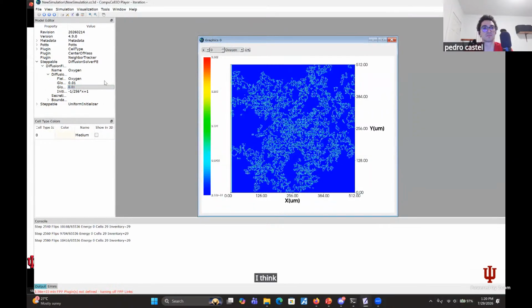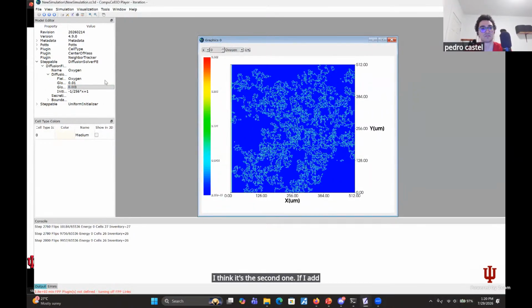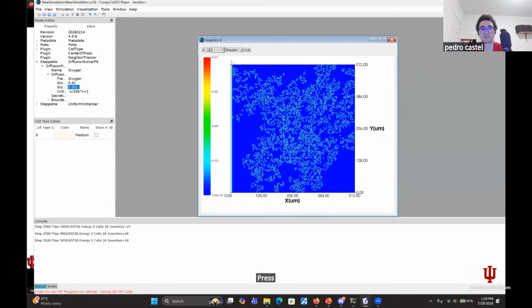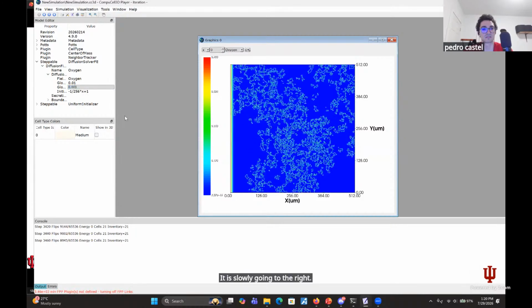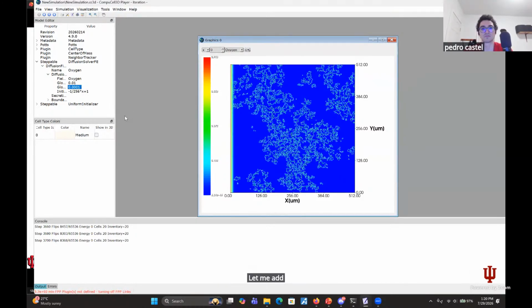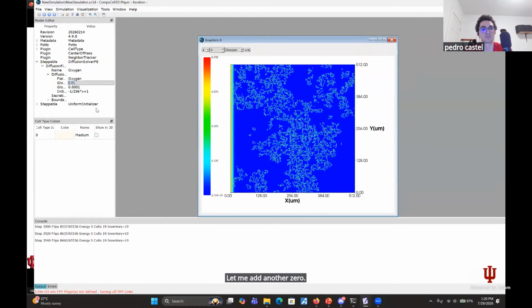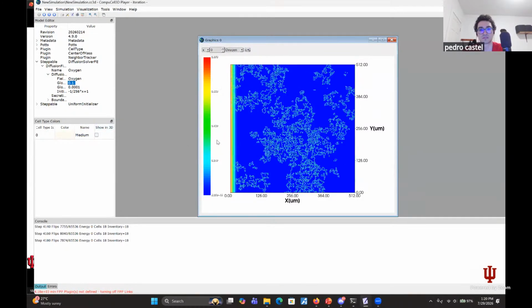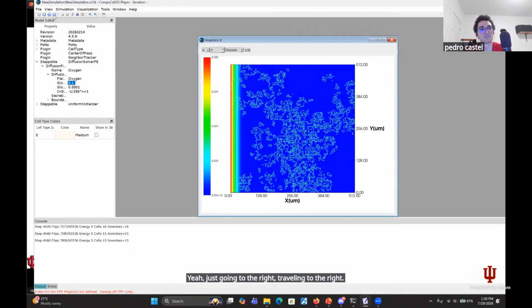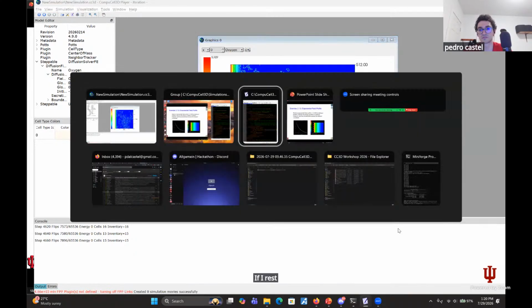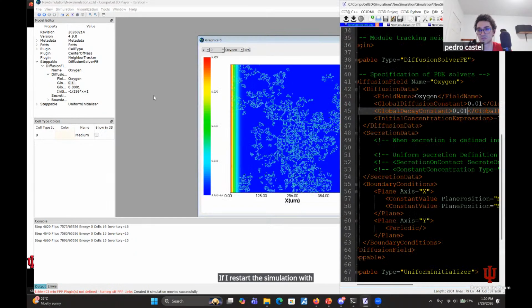I think it's the second one. If I add a 0 here, press enter, it is slowly going to the right. Let me add another 0. Yeah, it is going to the right, traveling to the right. If I restart the simulation with a lower decay,